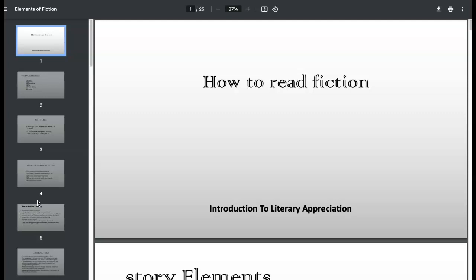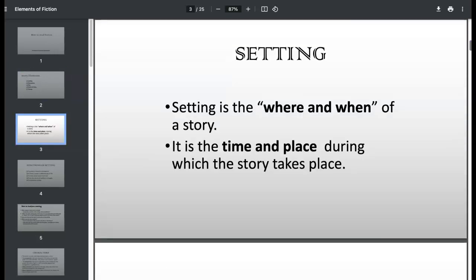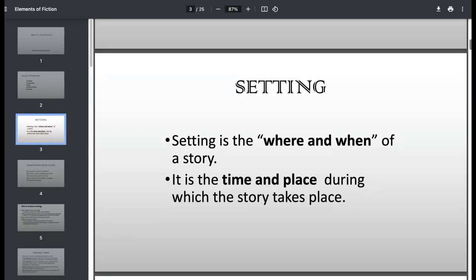So when you're reading fiction, when you sit down and when you break it down, it's not simple, but we can break it down into a couple of elements, right? Like setting, characters, plot, point of view, theme. And on a basic level, when you're reading, sit down and ask yourself these questions and consider these elements first. Consider, okay, what's the setting, right? You sit down, you read. Let's say you're reading